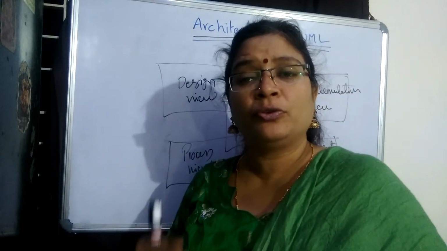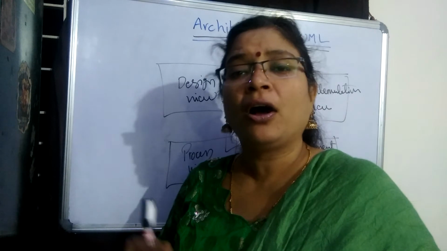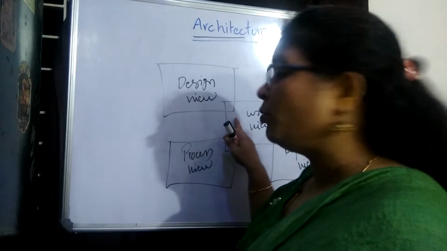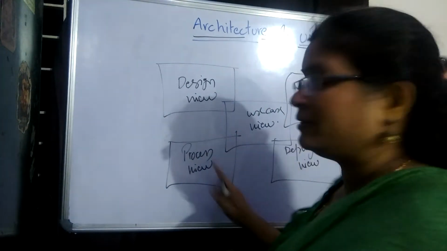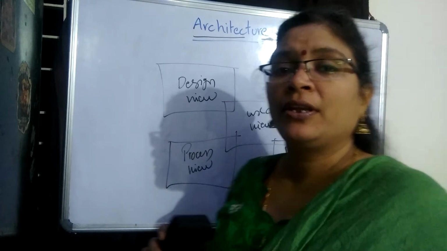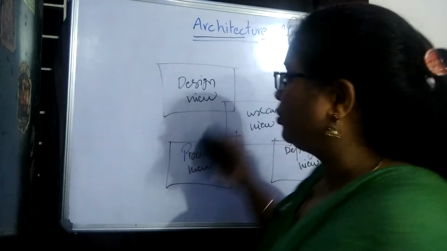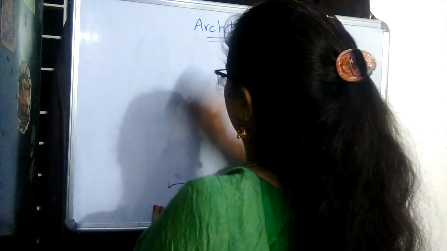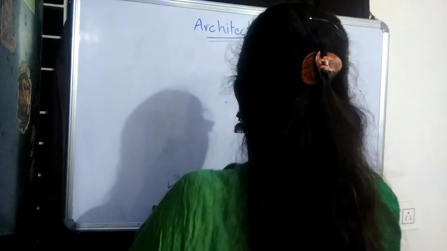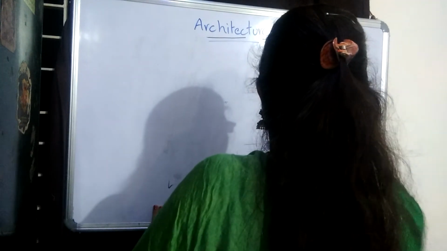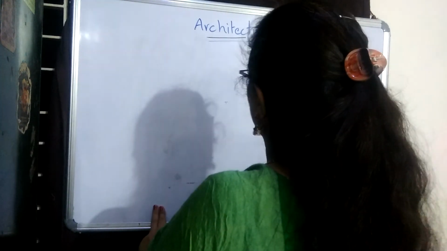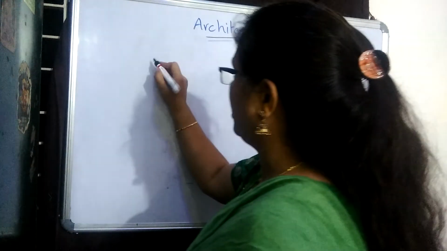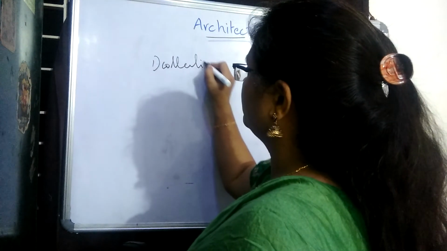It contains a set of use cases which give a clear insight into all the other views. So the use case view acts as the center core view and the common view for all these given views. And what are the various elements in the architecture, we are going to see. The various elements included in the architecture of the UML, the first one is nothing but the collection